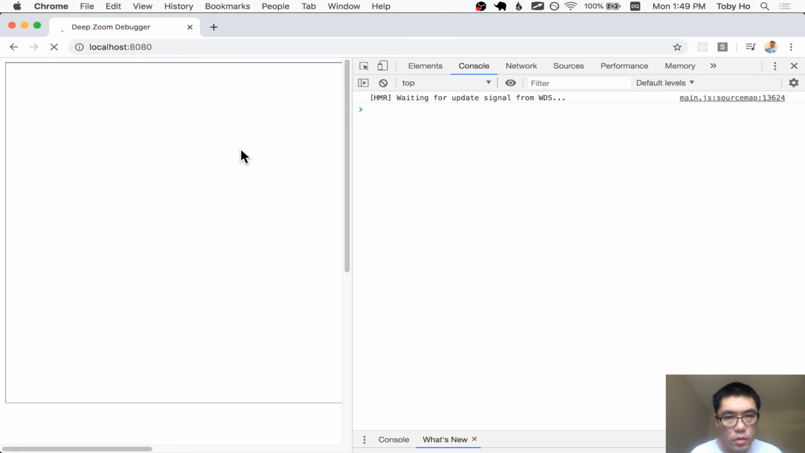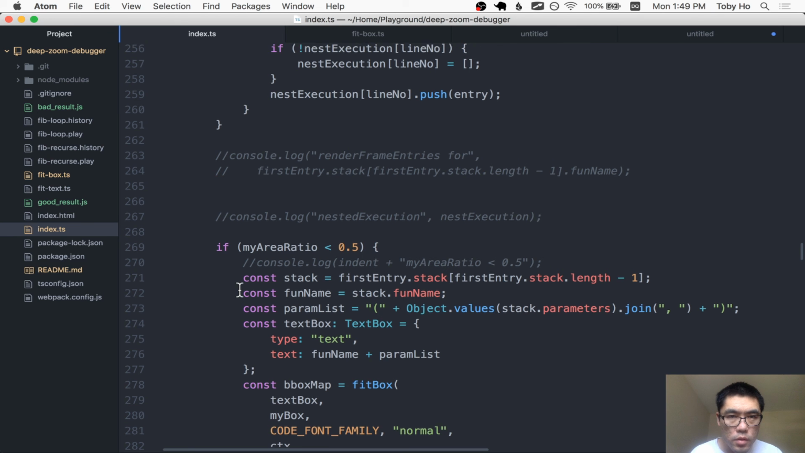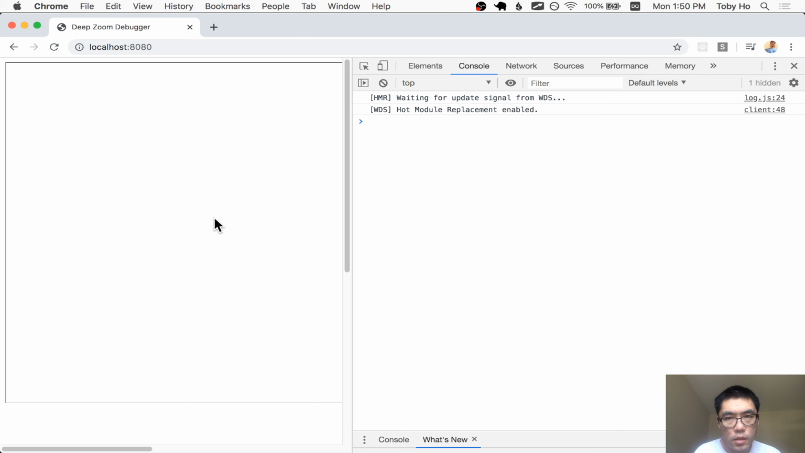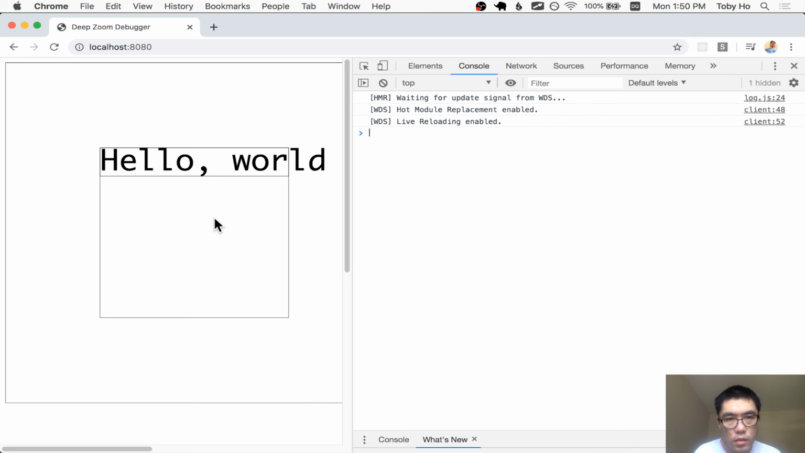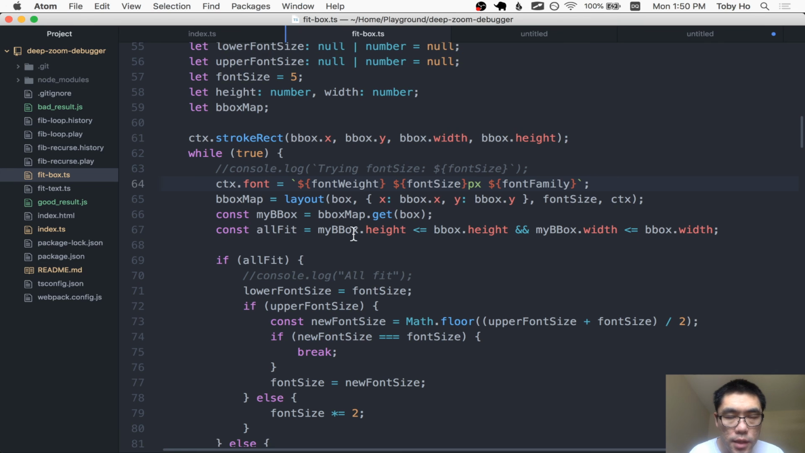Okay, I'm gonna work on this hello world. Let me work on this hello world example, and I'm going to basically get rid of this render code so that we can't go into the normal mode. I only want to debug this hello world problem. So I want to step into this fitbox function,